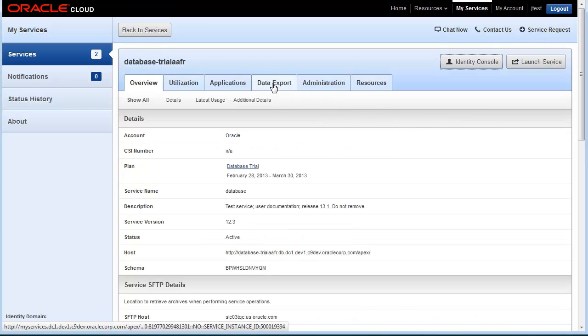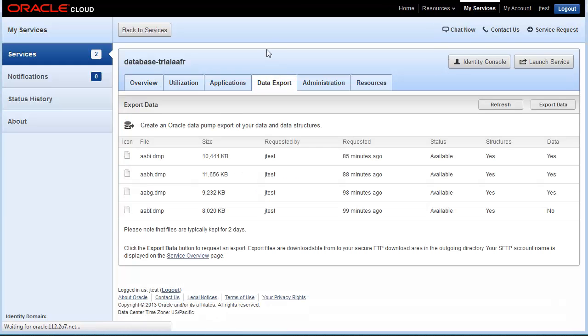I want to point out to you, for instance, one of the reasons you might want to use SFTP is to conduct data export. So you can click on the Data Export tab. I've already requested some data exports here, but I'll walk through that again. So you click on the Export Data